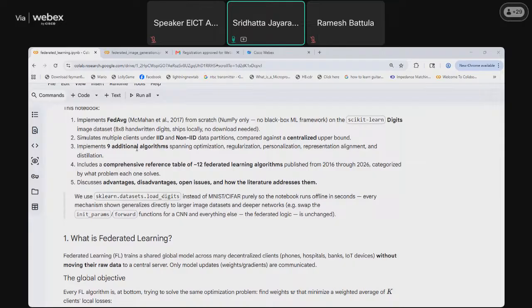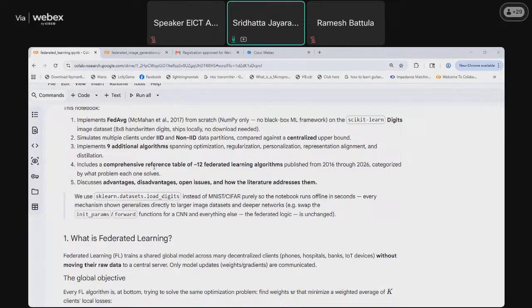We'll be seeing some other algorithms in federated learning, which will span optimization, regularization, and personalization of the clients, and also representation, alignment, and distillation.